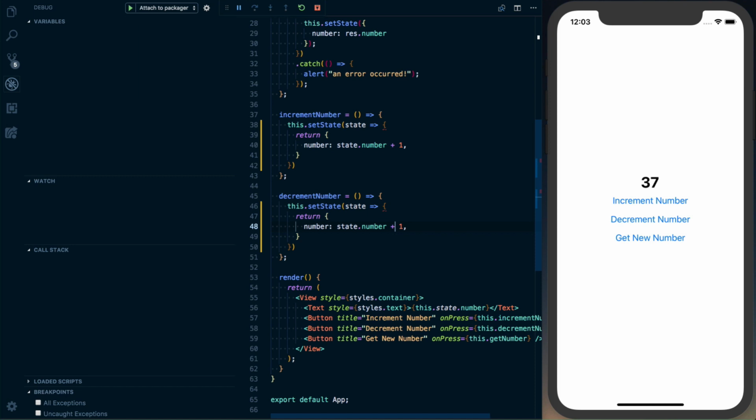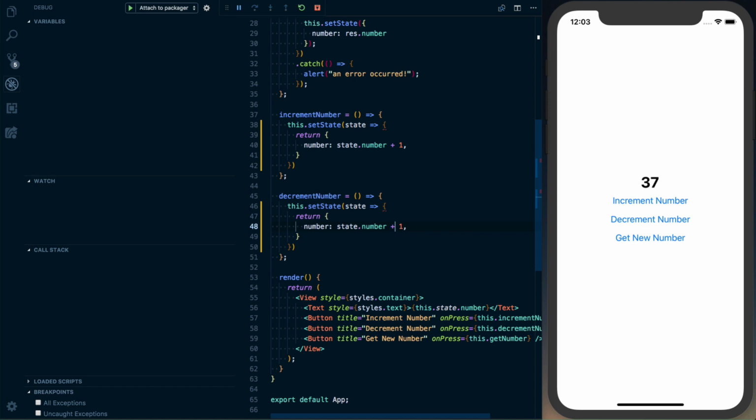I'll be totally honest with you, this is not a method of debugging I use very often. I find it a little cumbersome. It's not something I ever really learned. I learned how to debug with console.logs, just what we used. But if you're coming from a different environment where you're used to using breakpoints, you're used to using these debugging menus, this is a great option for you for React Native. For example, if you're coming from a native iOS or a native Android development world, and you're coming into React Native to expand what you can target, this is a great way to use those similar debugging experiences